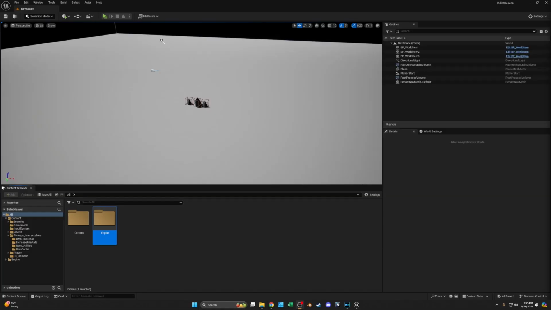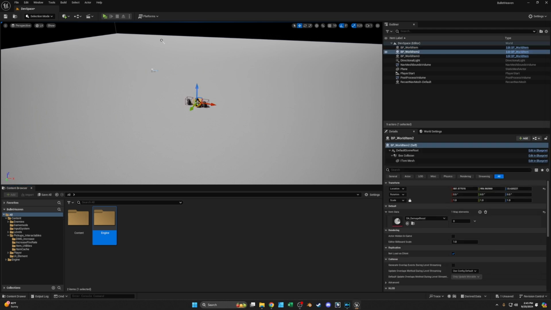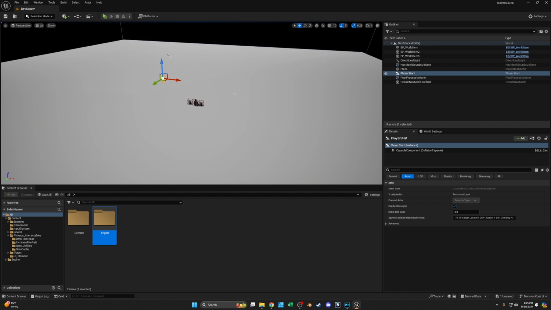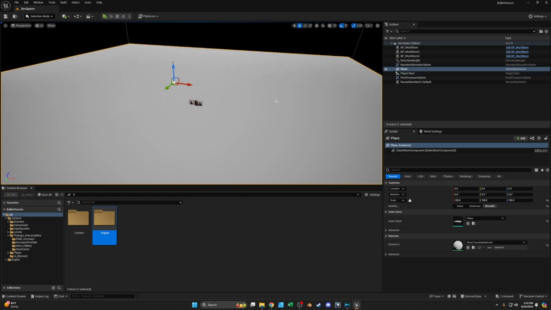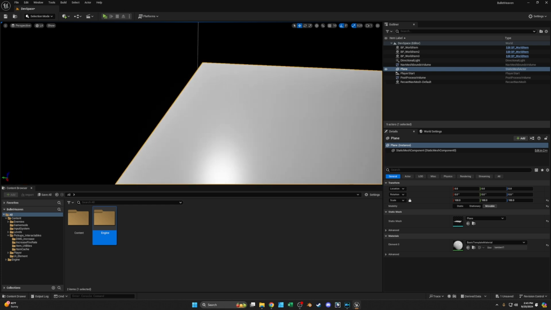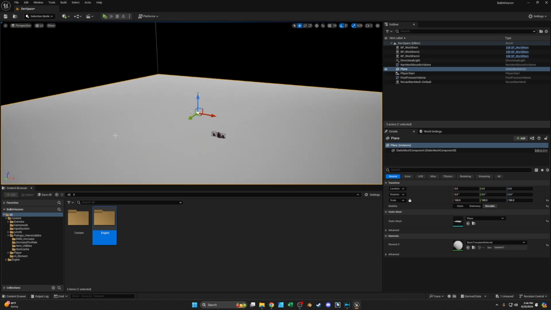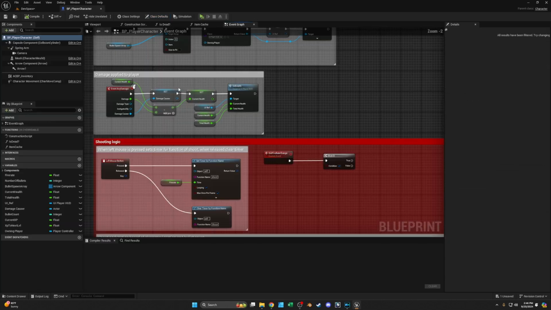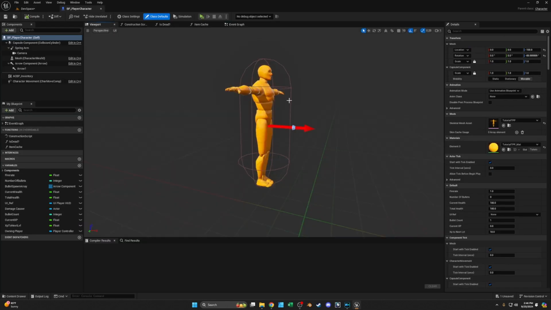So instead of talking about a bunch of stuff that you don't care about, I'm going to get right into the foundation of my game, starting with the character player. All right, so right now, my game doesn't look like much. There's a couple of objects out here in my field, and you can see a little player start. I've got a level, which is just a plane. It's not anything fancy. And I've got a volume box here, but we're just going to talk about the player character right now. So we're just going to open this guy up, go to the viewport,